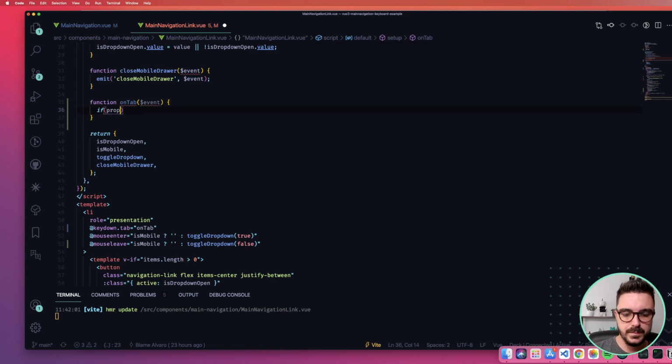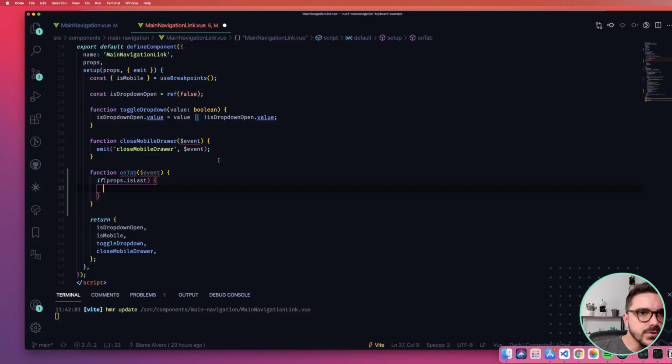So if props isLast, we should toggle the dropdown value to the dropdown.